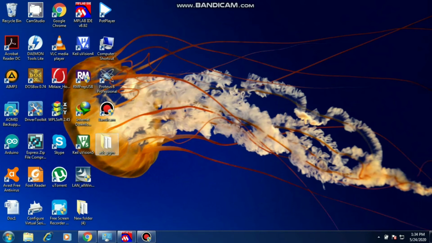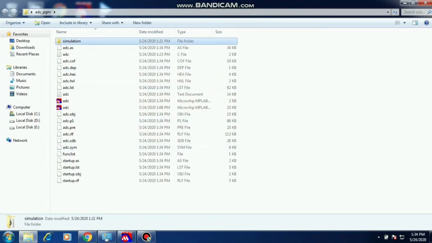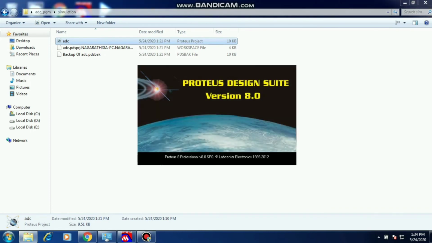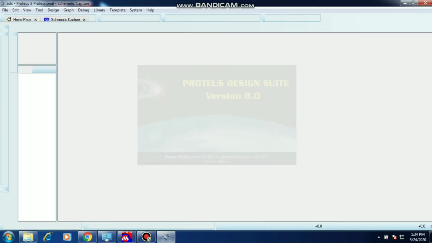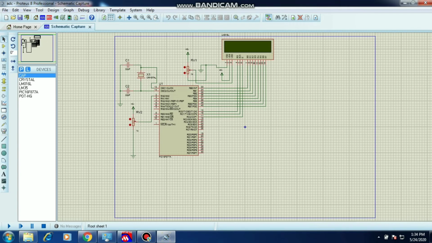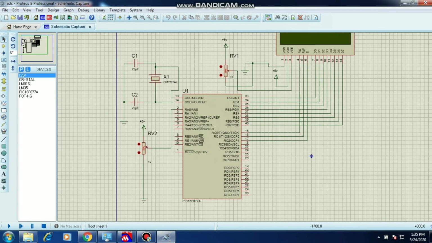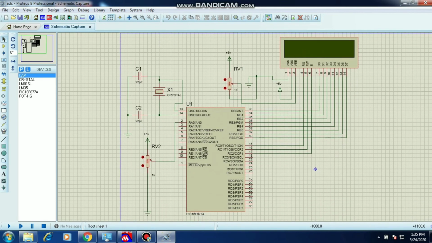Using Proteus software, I simulate the program. First of all, pick and place the elements. Which elements we need, pick and place them.